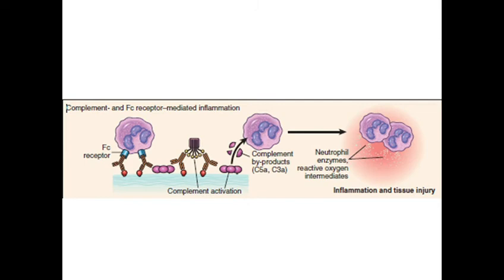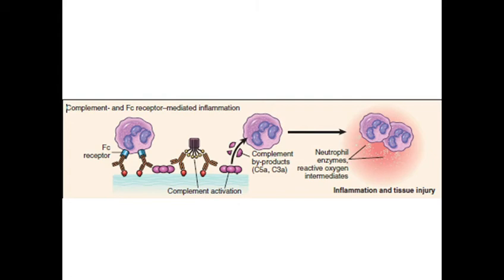Another example is Graves' disease. In Graves' disease, there are antibodies against the thyroid stimulating hormone receptor. Instead of blocking the transmission, antibodies against the thyroid stimulating hormone receptor stimulate thyroid hormone production. So Graves' disease is characterized by hyperthyroidism. So in myasthenia gravis, antibodies against nicotinic cholinergic receptors block the neuromuscular transmission. In Graves' disease, antibodies against the thyroid stimulating hormone receptor stimulate the receptor and lead to hyperthyroidism.